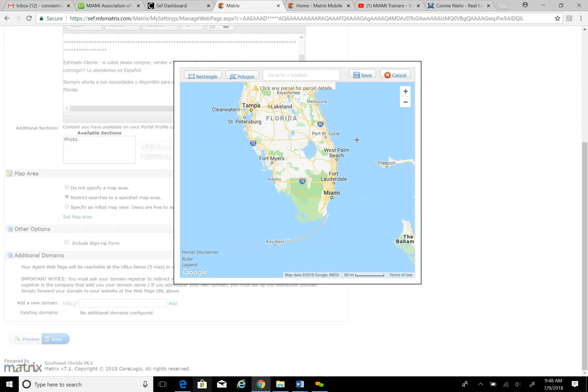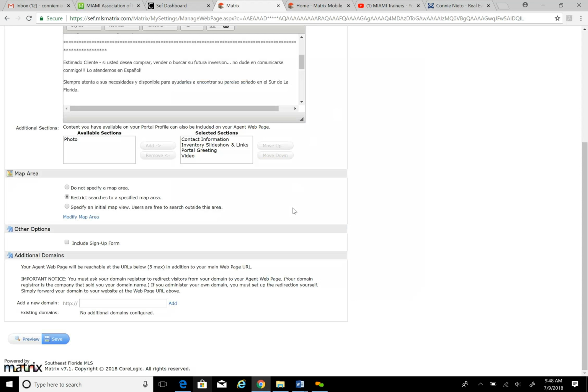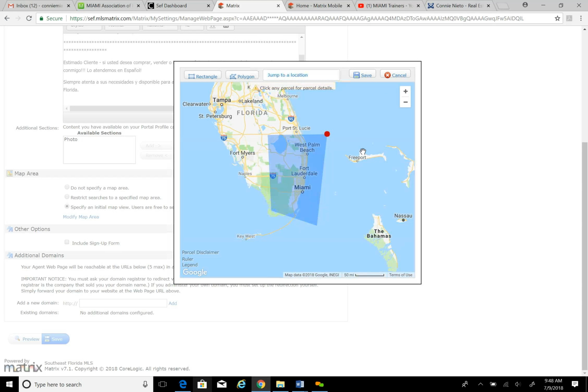With a polygon, you can come, click, click, click, click, and select the area that you would like them to be able to search in. To make sure this is selected, you would click Save. If you want to specify an initial map, and this is very important if you guys farm or work a distinct area, you can specify the map here, modify the area, and this will mean your customer, when they get what you're sending out,